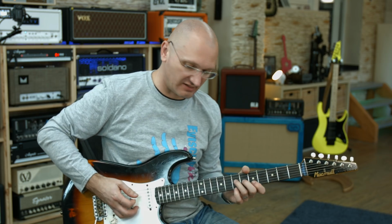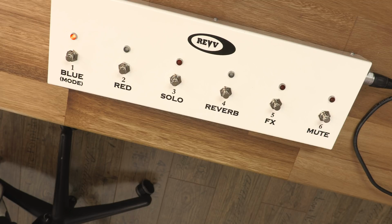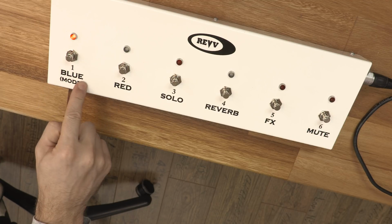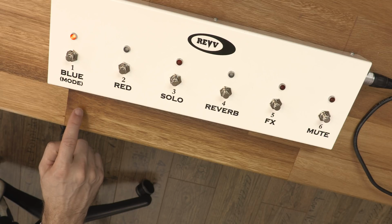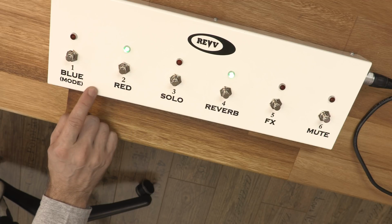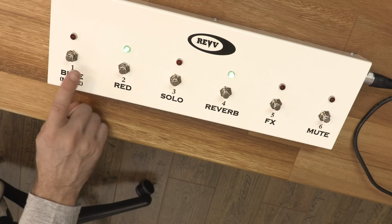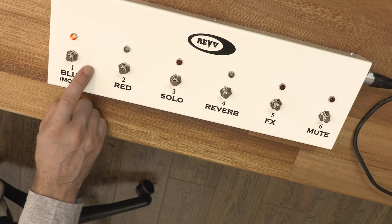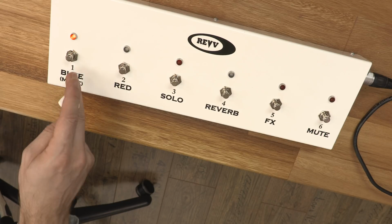How awesome is that clean? So I have the foot switch on the table, and as Glenn can clearly show you, I'm in the blue. What? I'm in the blue channel, which is shown with a red light. But then you're in the red channel, which is shown with a green light? Okay, the blue channel, which is...